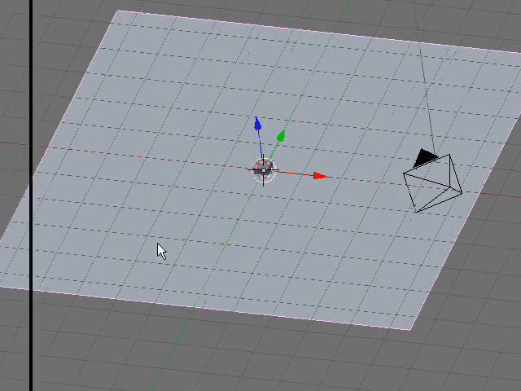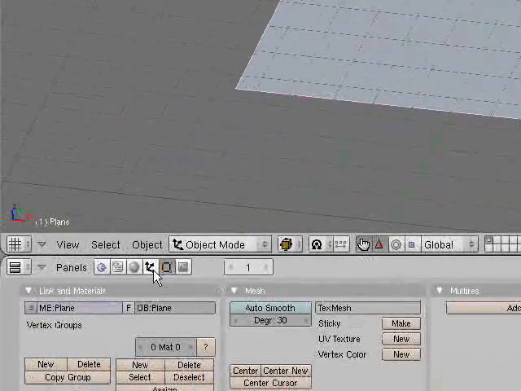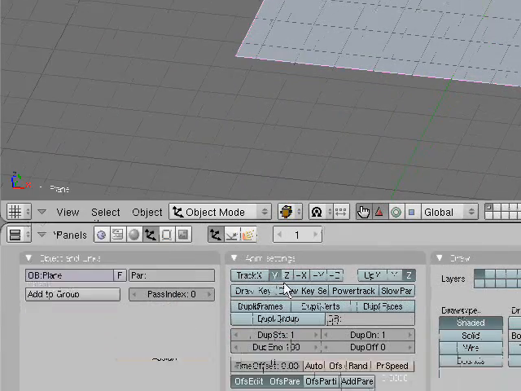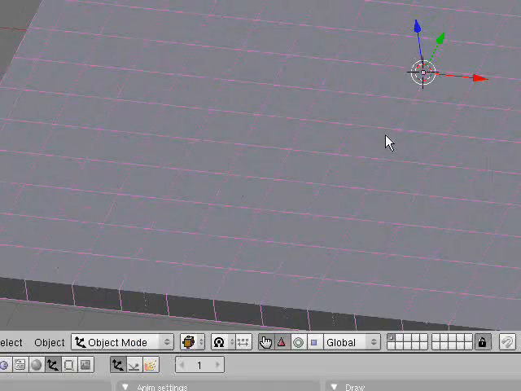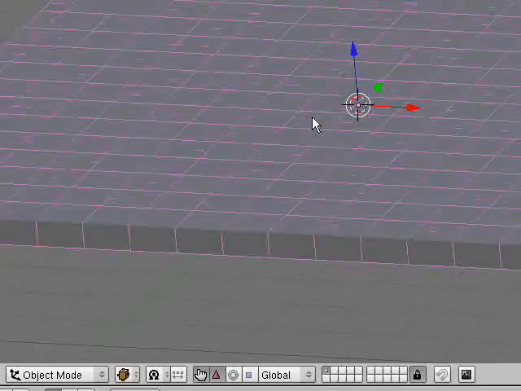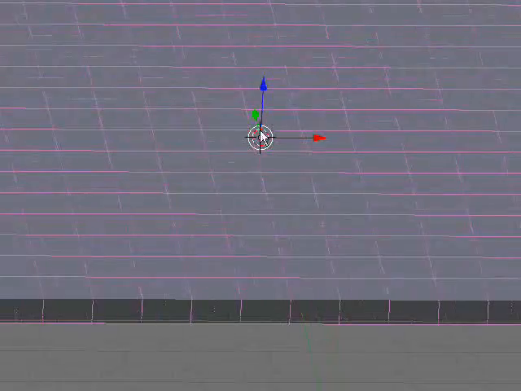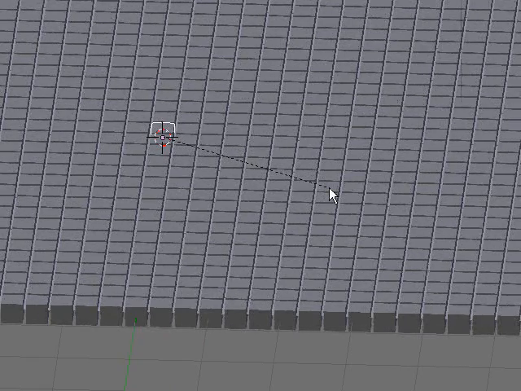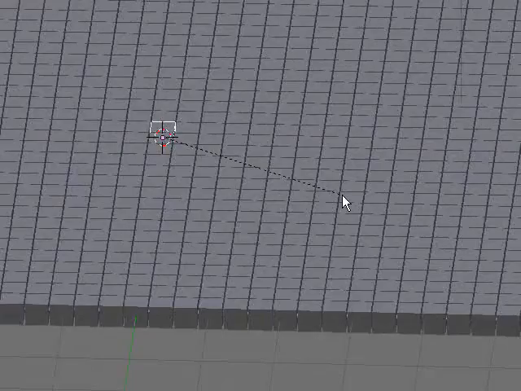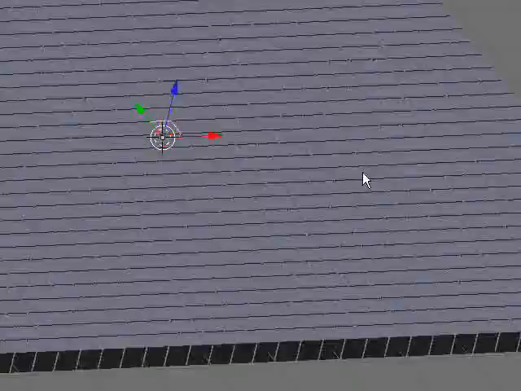So make sure you have your plane selected, go into your object tab, I think, and select Dupliverts. Now you're probably like, what the, this is dumb, I just added a bunch of lines and made it thick. Aha, select your center cube, size it down, and just so there's a couple cracks, and voila, that's what Dupliverts